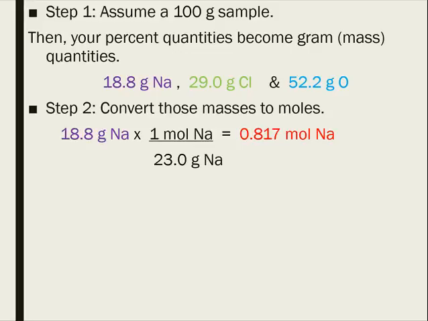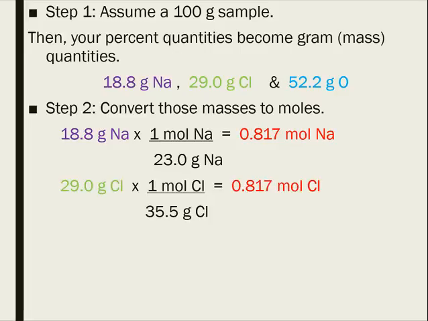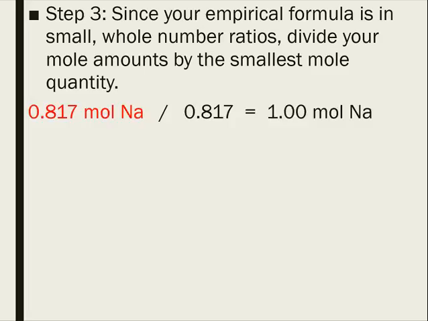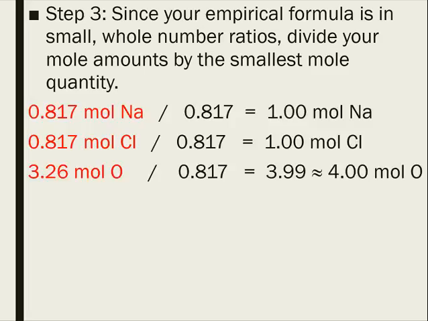18.8 grams of sodium ends up being 0.817 moles of sodium. 29.0 grams of chlorine end up being 0.817 moles of chlorine. And 52.2 grams of oxygen ends up being 3.26 moles of oxygen. Now remember, I need to find the smallest mole values here, and that's the 0.817. So I'm going to divide each of those values that I just calculated by the smallest value present, which is going to be that